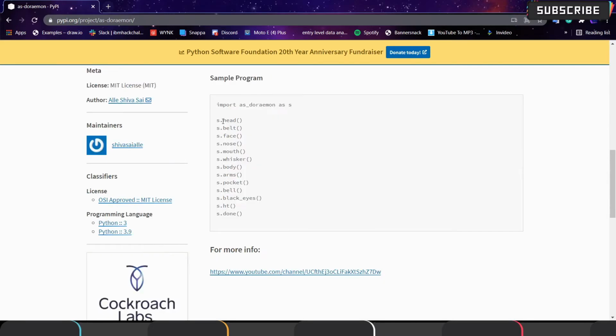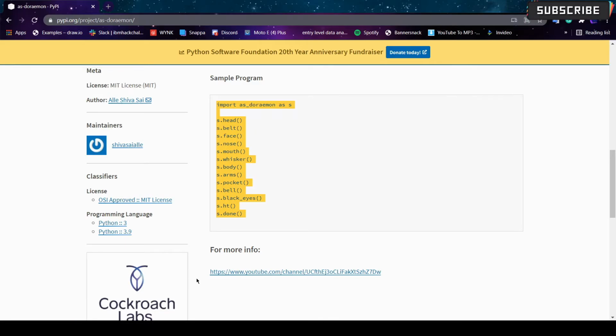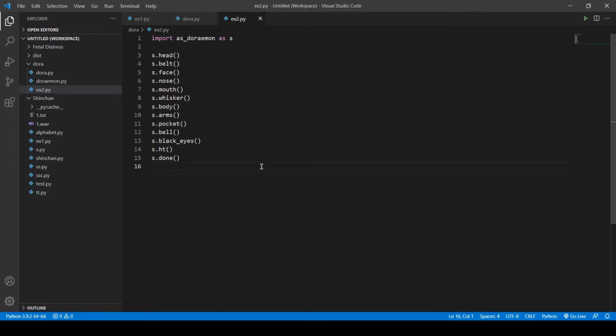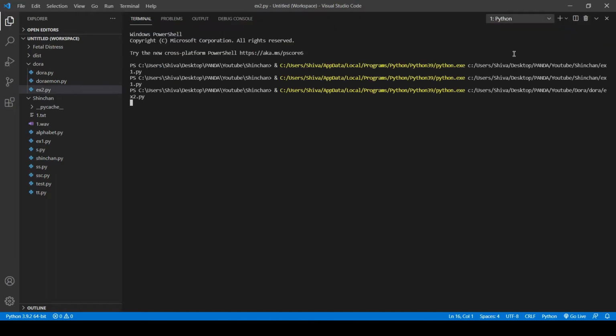So here is a sample program. I will execute this to see whether it is working or not. Let's see. You can see that it is drawing the Doraemon. We didn't write extra code, and we didn't have any extra files.